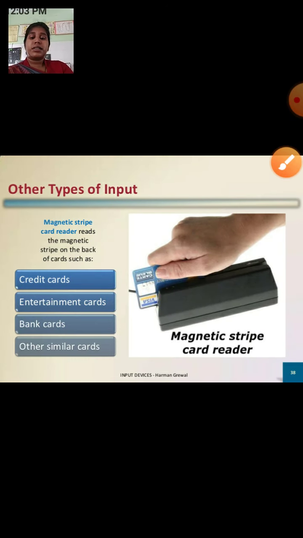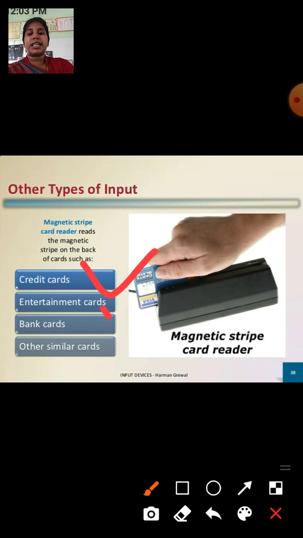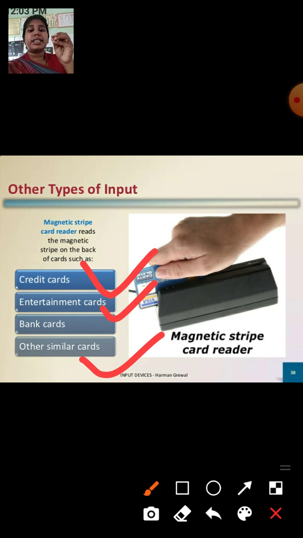Next, the other input: credit cards, entertainment cards, bank cards, and other similar cards where we swipe the card. In that card there is a magnetic strip that is read by the machine. Here is the magnetic strip card reader.